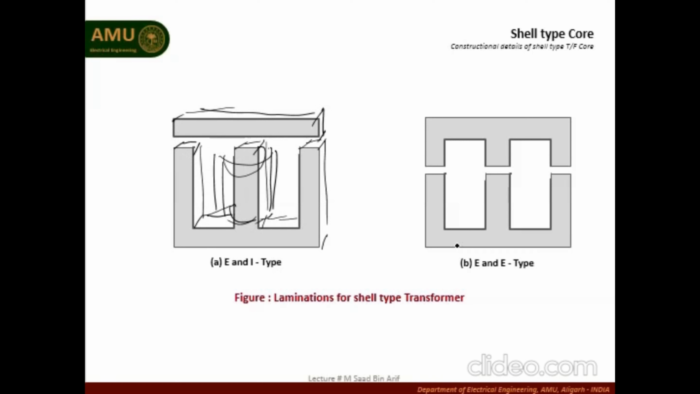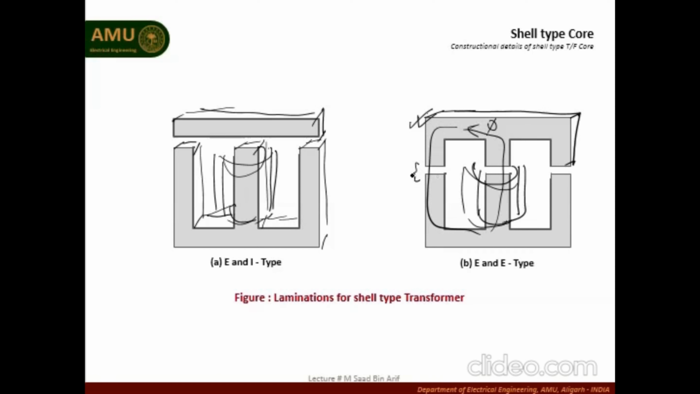lamination. In E and E type, both parts of the laminations are of E shape. First we place the winding over here, primary winding and secondary winding, then we place this upper part to close the structure. One of the important things is that we must be very careful about this air gap between the two parts of the limb, because this core is basically providing a low reluctance path to the flux,